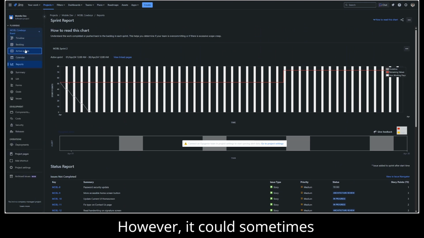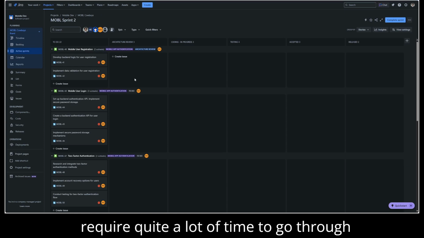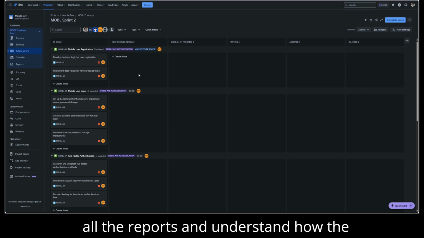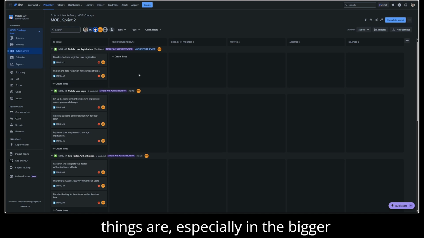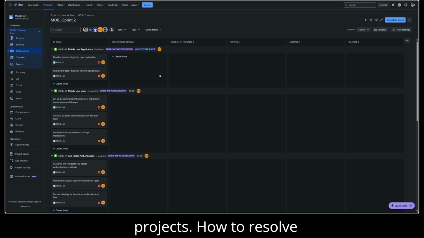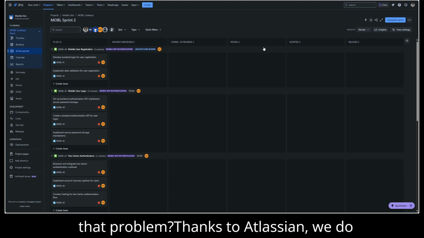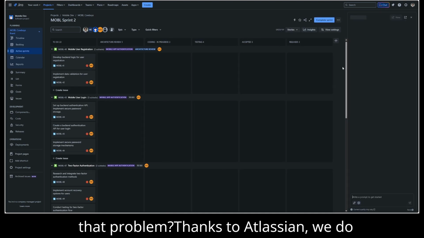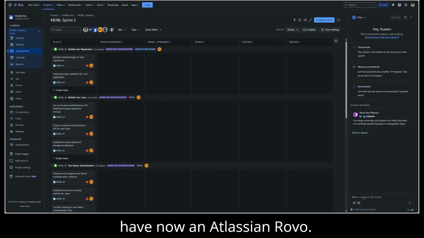However, it could sometimes require quite a lot of time to go through all the reports and understand how things are, especially in bigger projects. How to resolve that trouble? Thanks to Atlassian, we now have Atlassian ROVO. Let's ask ROVO,